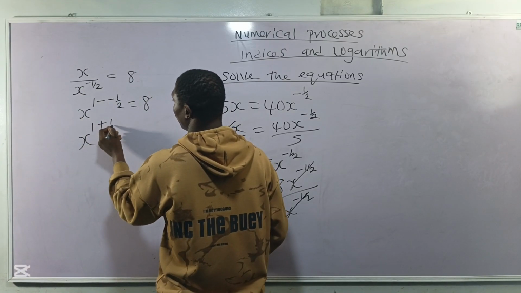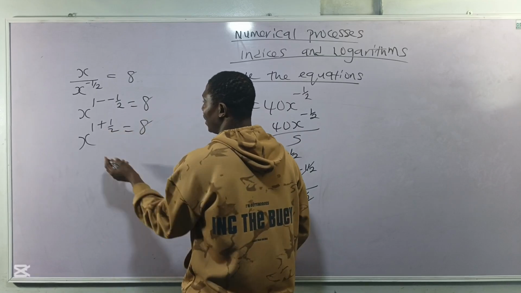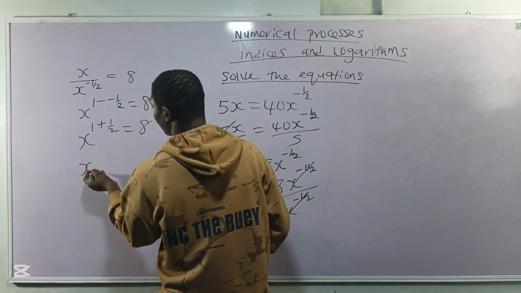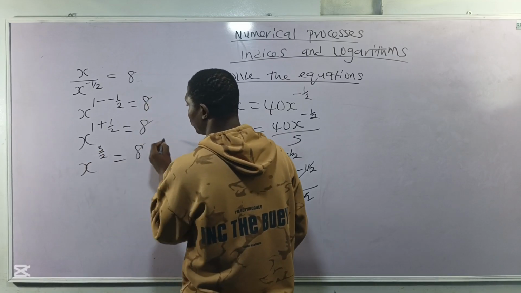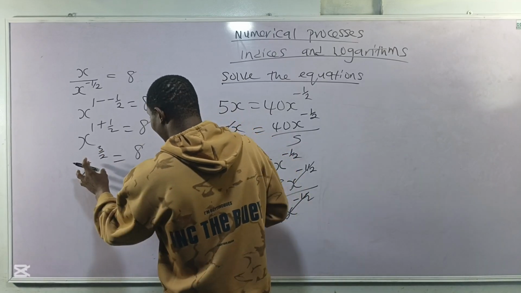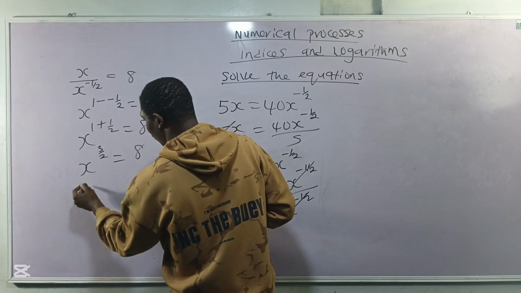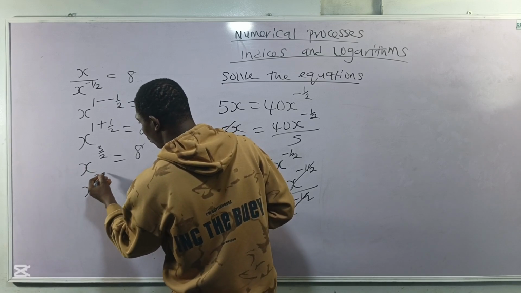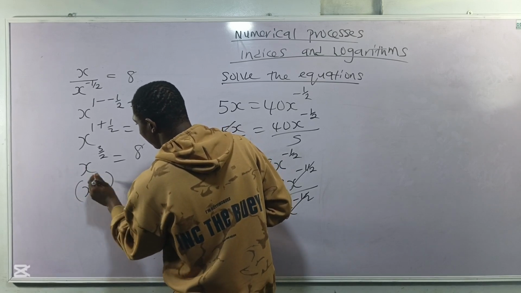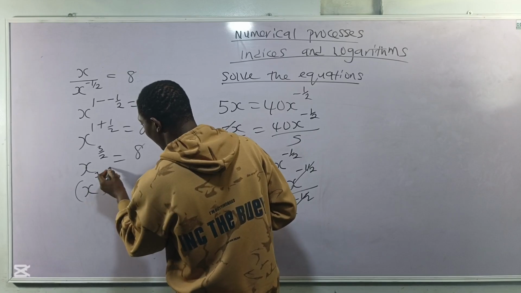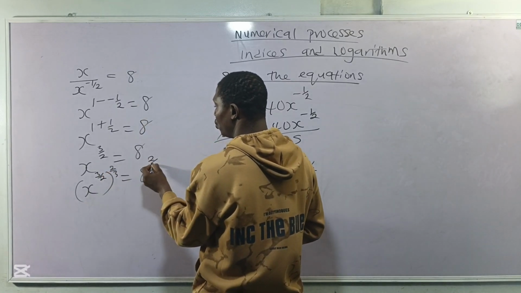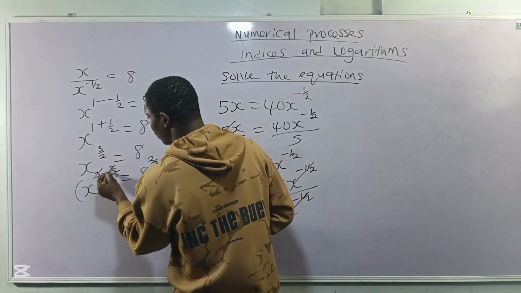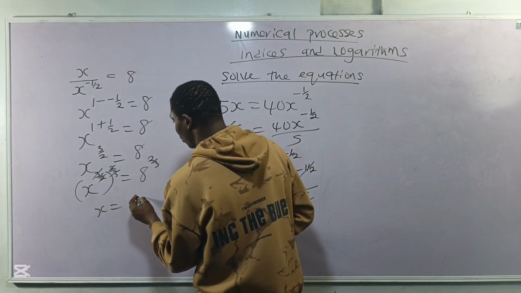Minus minus is plus, 1 over 2 equals 8. And half plus 1 will give me 1 and a half, which is 3 over 2 equals 8. To make my x stand alone, I'll have x raised to the power 3 over 2 multiplied by 2 over 3. So I'll do the same at the other side of the equation, 2 over 3. So 3 will cancel 3, 2 will cancel 2, x will be equal to